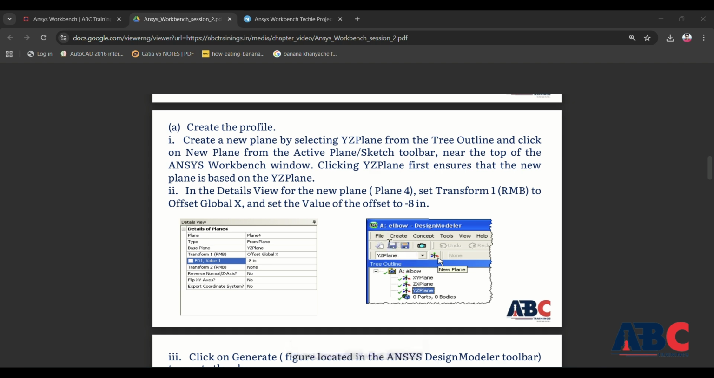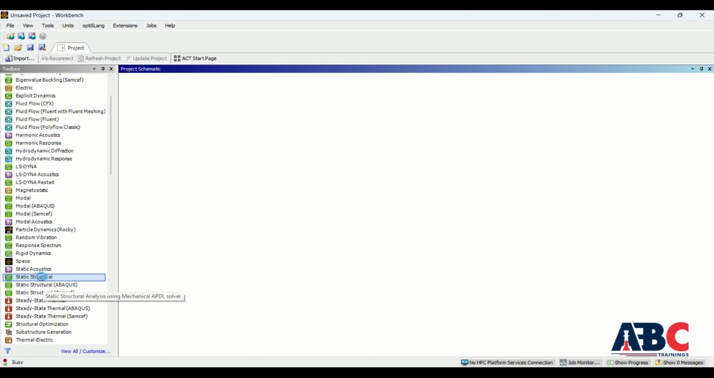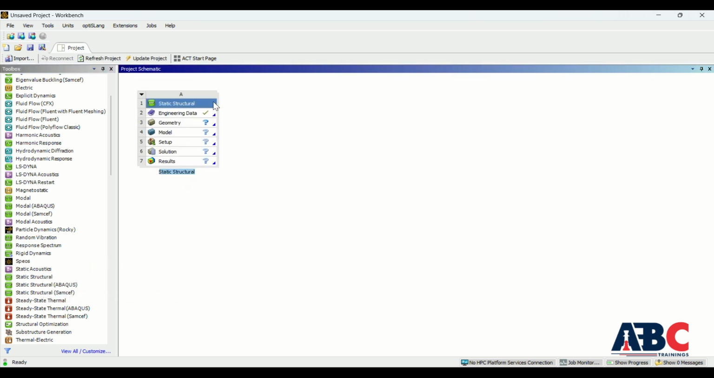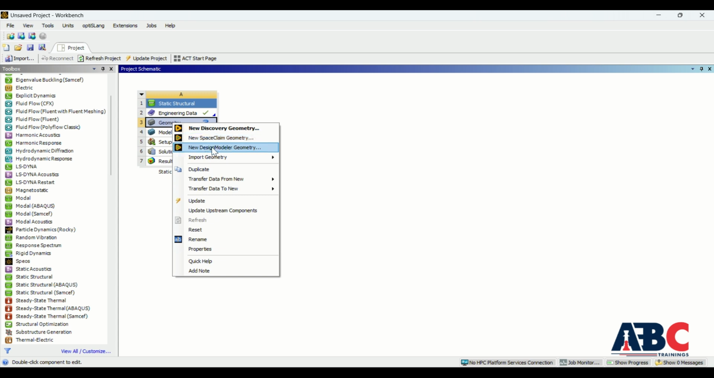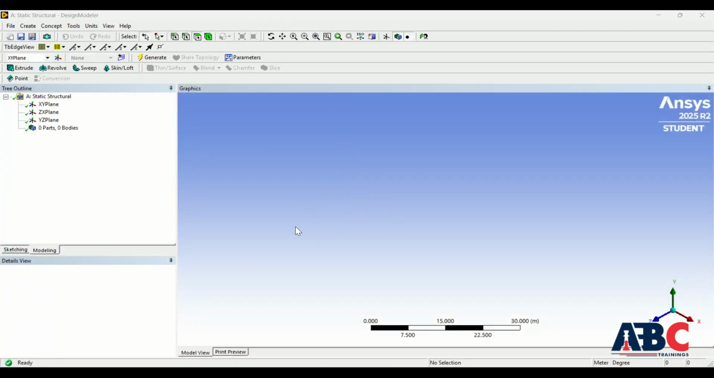We will see in ANSYS. You can see this is the main page of ANSYS, and select static structural and drag and drop. Engineering data is completed, and we need to select the geometry, right-click, and choose new Design Modeler geometry. This is the geometry page. You can see the static structural geometry page,